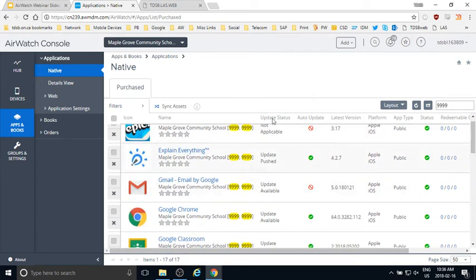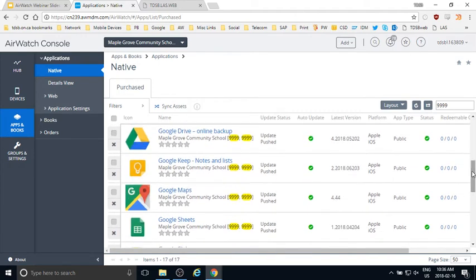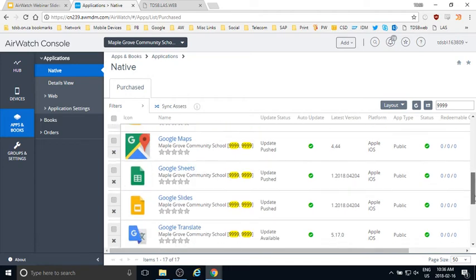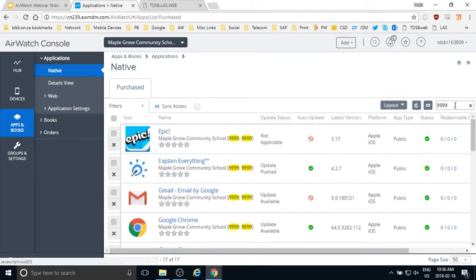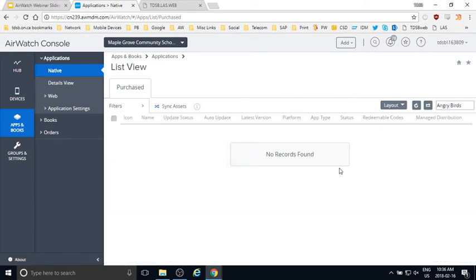The apps all get in here through the app request process. So basically, there's a form that you fill out when you say, I want these apps to be available to work with in AirWatch. You submit that form, and then the apps will appear here in AirWatch. So it's not every app. I don't have access to the full app store here, right? I can't just search any app that I want. Like, let's say I wanted Angry Birds, right? Angry Birds isn't here because I didn't request Angry Birds. You have to submit the app request form.